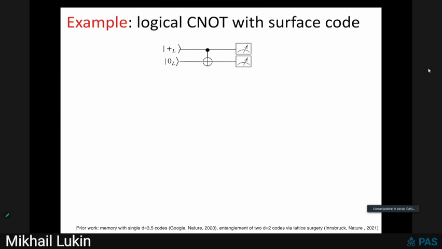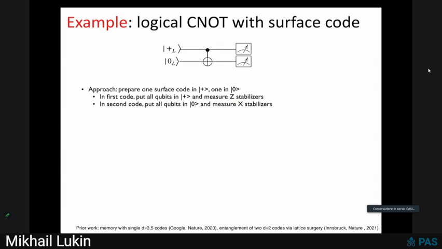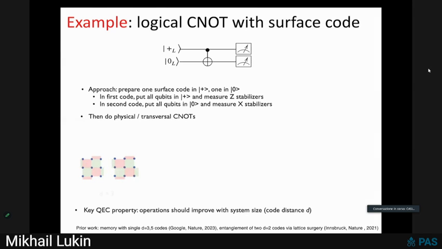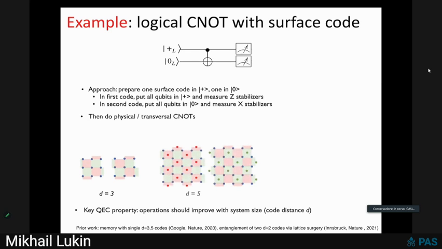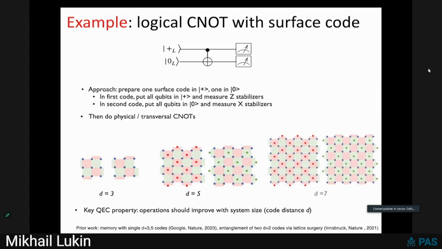So one of them is to just do a logical entangling gate with surface codes. In this approach, you prepare these two surface codes in different states by encoding and measuring different types of stabilizers. And then you just bring these two surface codes on top of each other, pulse a laser, put them away. So these are distance-3 codes. We could also explore it with distance 5 or distance 7. So distance 7, even a single code has never been actually prepared up to now.